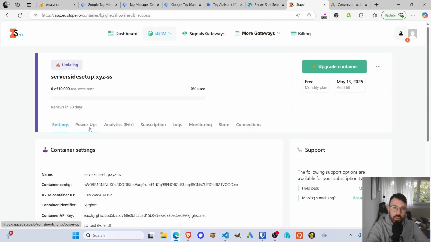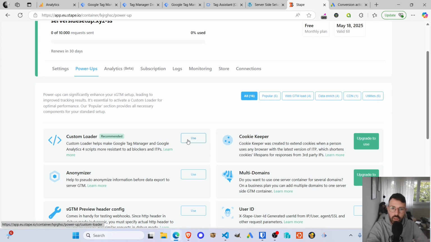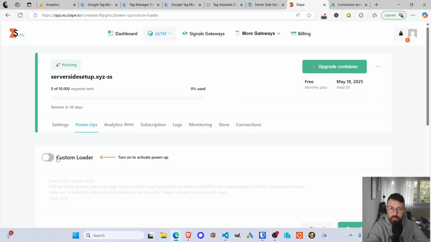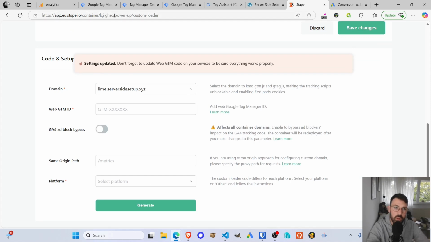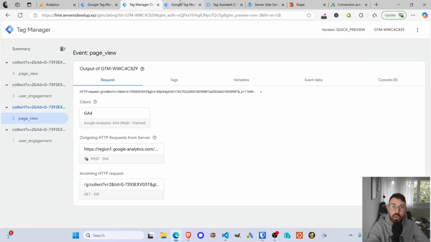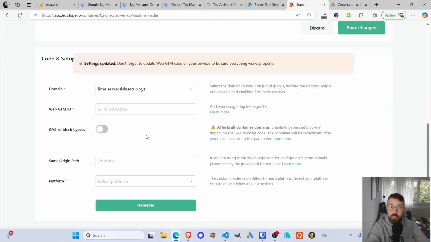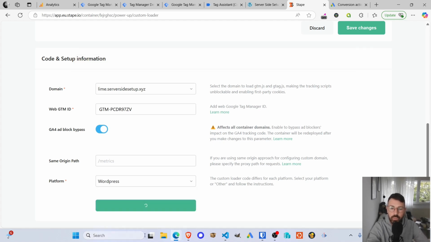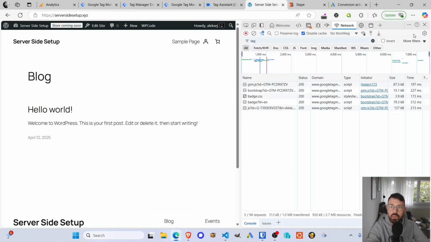to Stape, click Power-Ups, click Use Custom Loader, save changes, then go ahead and grab our Web GTM ID, GA4 ad block bypass, okay, platform, in our case it's WordPress. Click generate, then head on back to WordPress,